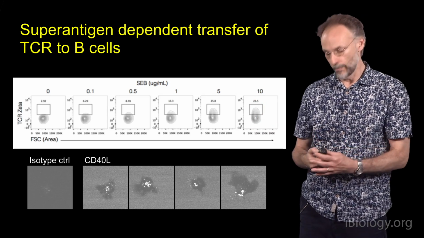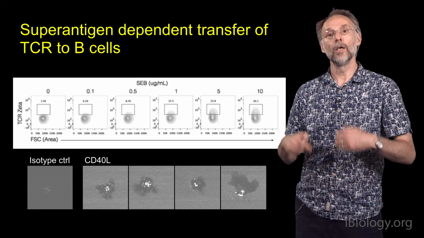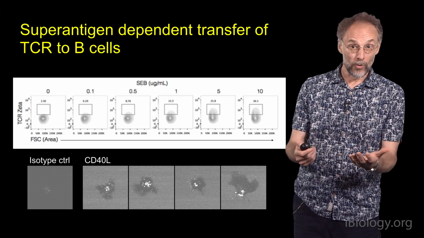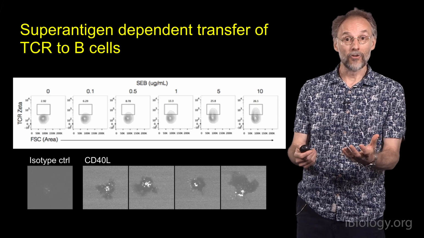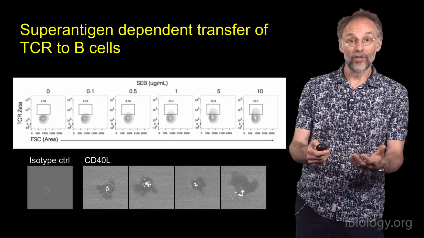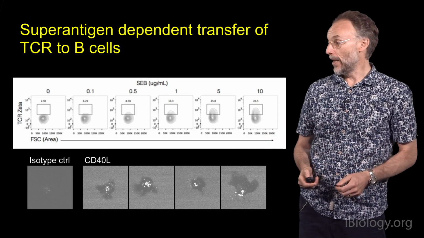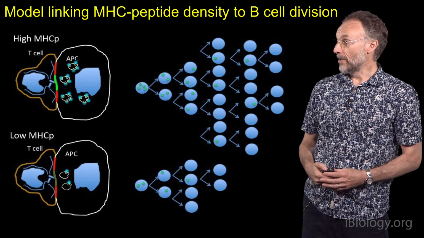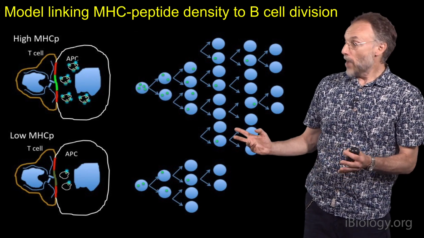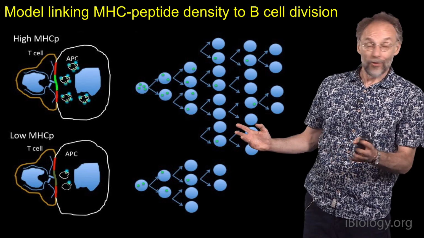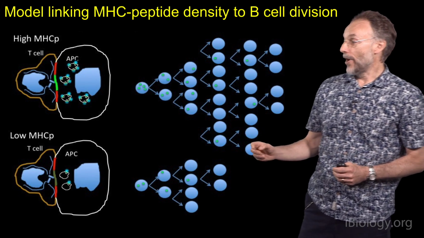So this would help us understand how the T cell receptor positive vesicles and their transfer could be linked to other signals the B cells need to differentiate, and for example, to undergo processes like antibody class switching to make the appropriate type of antibody, and affinity maturation to make higher affinity antibodies in processes in lymph nodes. And one model, or hypothesis, that we have for this is that the transfer